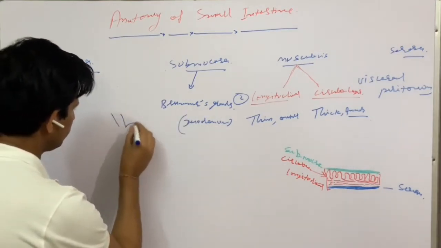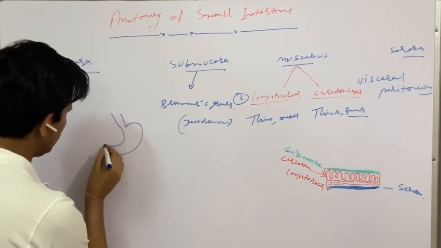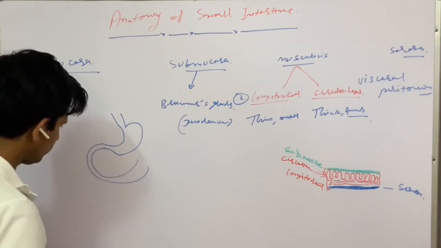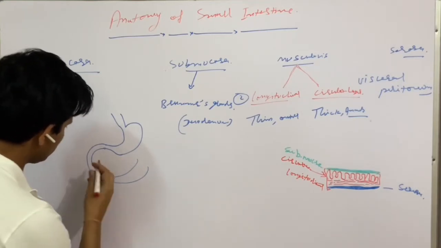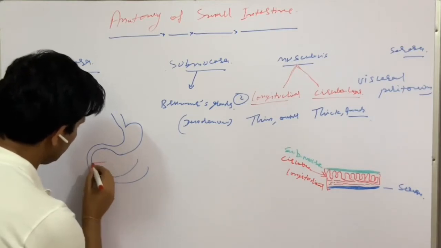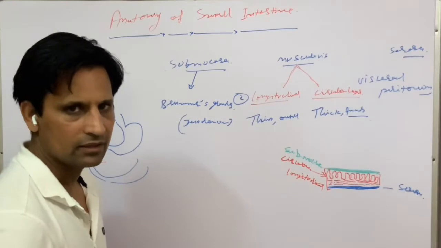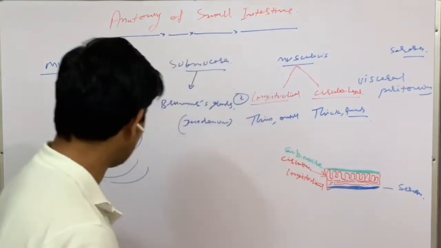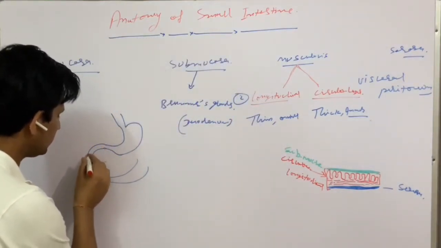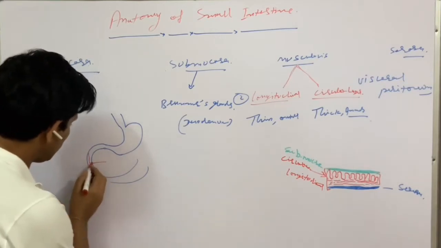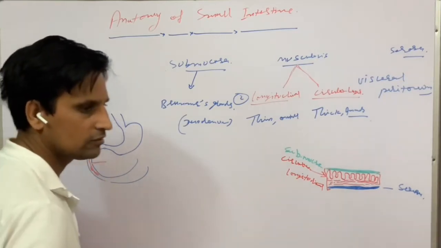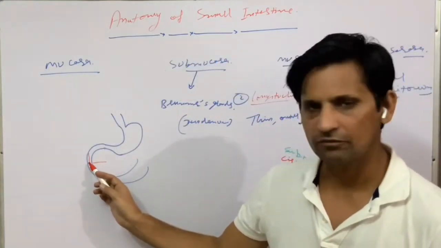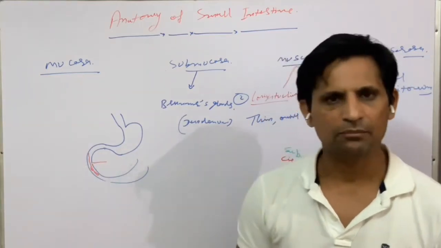This is the stomach, and this one is the duodenum, right? So here, one important structure comes in contact with the second part of the duodenum, and that is the pancreatic duct and the bile duct. The pancreatic duct mainly contains bicarbonate and enzymes, and this bicarbonate helps neutralize the acidic environment, right? About this level, the pancreatic duct opens in the part of the duodenum, and this opening is known as the major duodenal papilla.